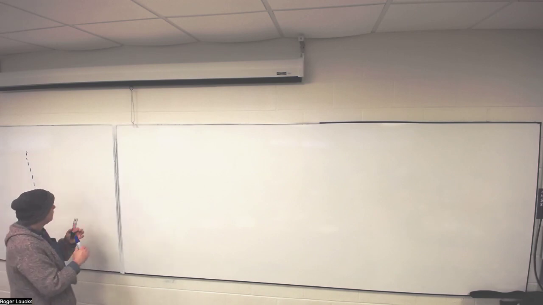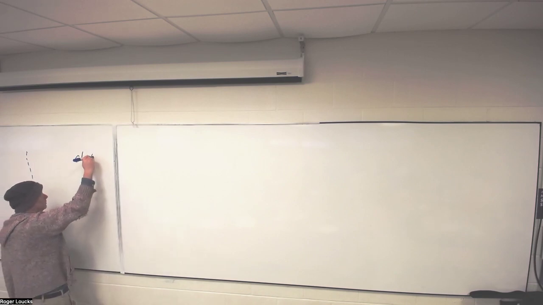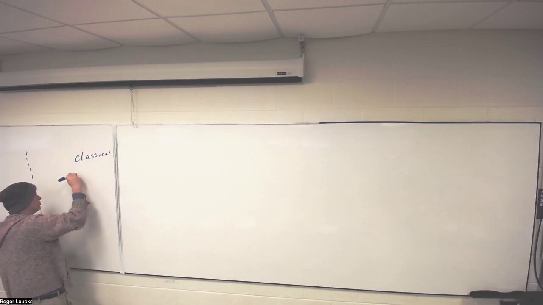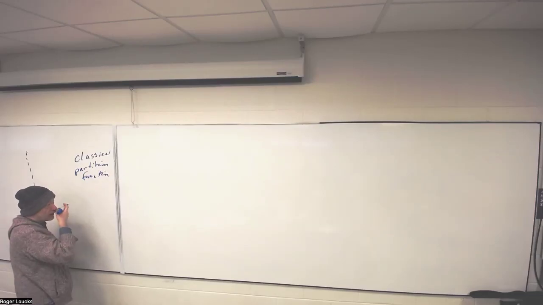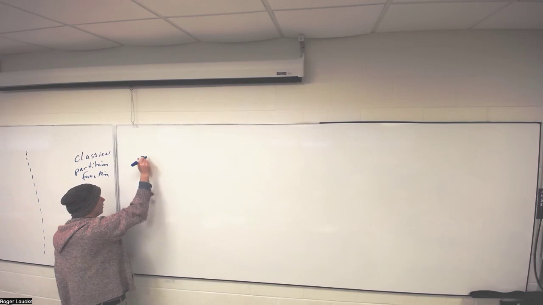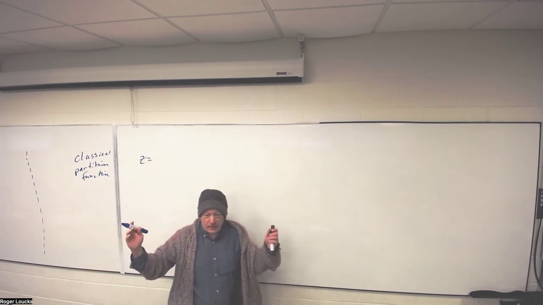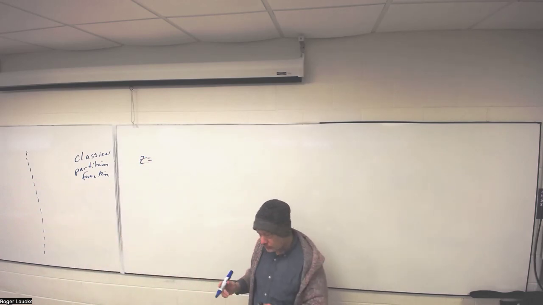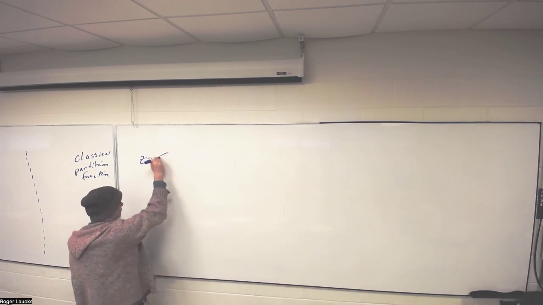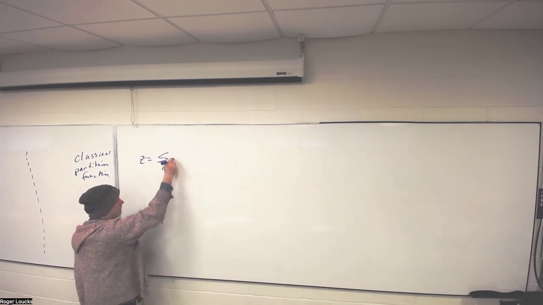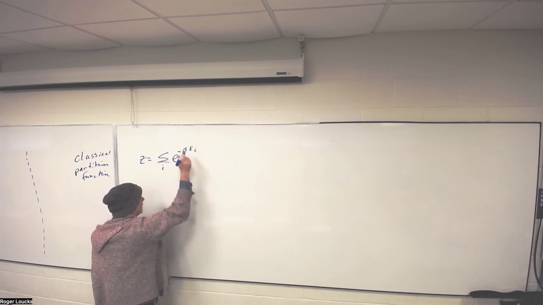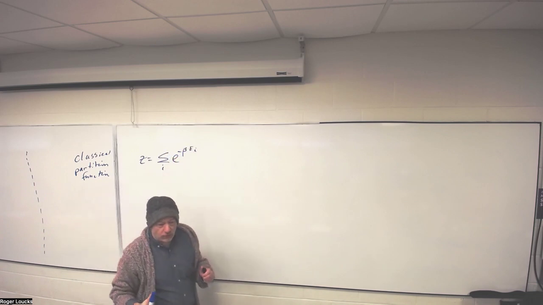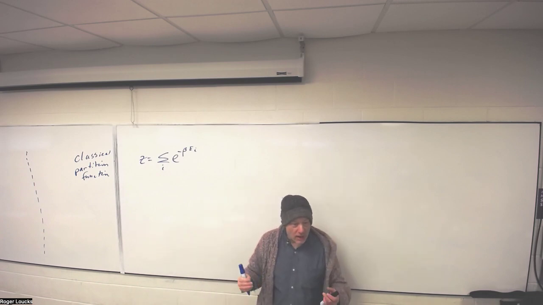Okay. So we're talking about the classical partition function. Remember what we had before. What was our partition function that we had at the beginning? Sum over all states, just call it sum over i of e to the minus beta E_i. And this i was a sum over all the possible microstates.